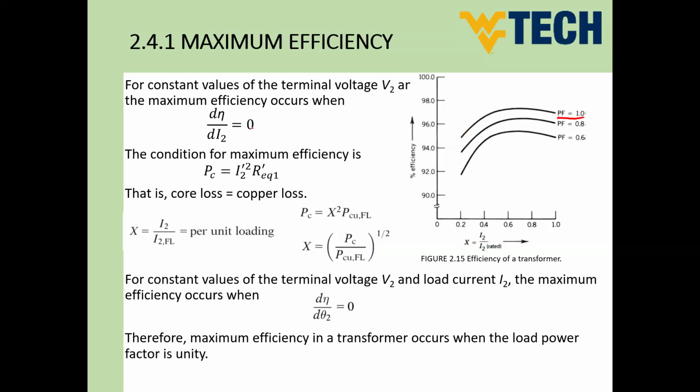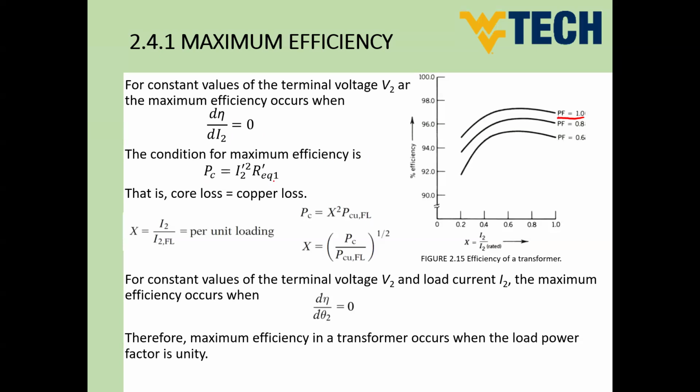This would provide the value of I2 that will make efficiency maximum. I didn't include the derivation right here, but if you do that, you will find by the end that the maximum efficiency will occur if